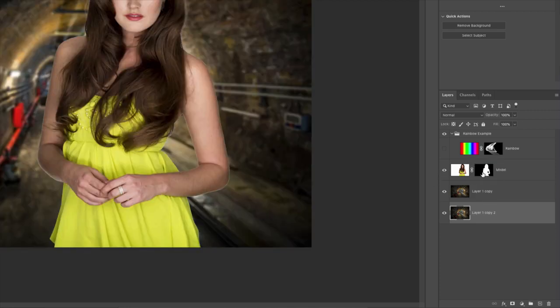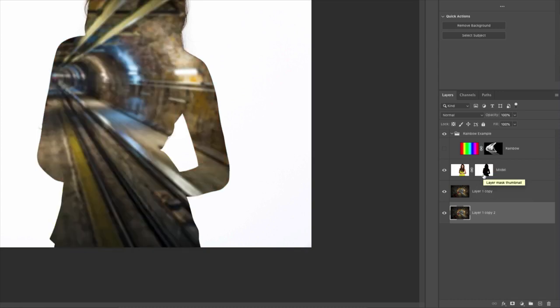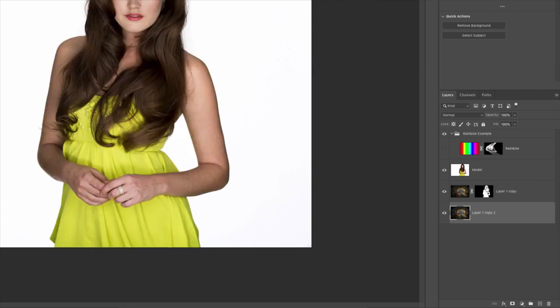If for any reason you want to invert a mask while relocating it to a different layer, what you need to do is hold down Shift and then click and drag. And that's going to invert the pixels and relocate the mask in one easy step. So I'm going to hit Command or Control Z to move back.